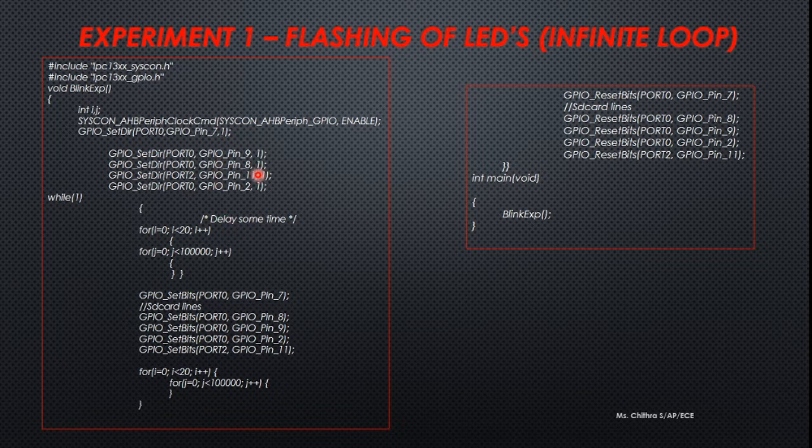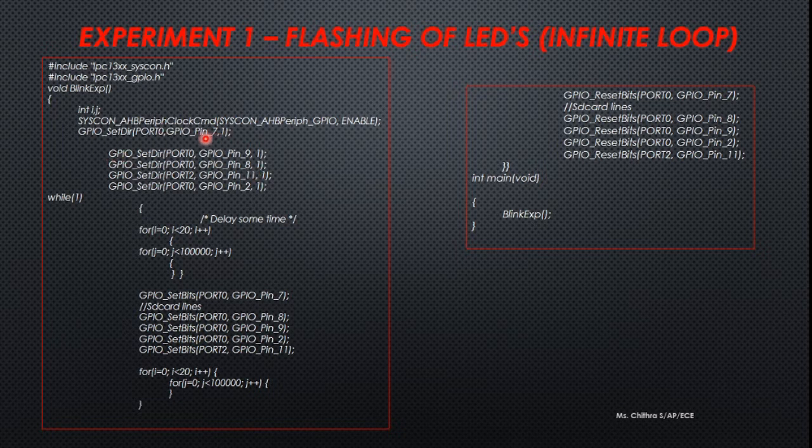If you see the ARM processor board, it has 4 ports: port 0, port 1, port 2, port 3. Under each port we have approximately 12 pins, from pin 0 to pin 11. Sometimes we have 13 pins also, depending on how the board is configured. So there are 4 ports, and in each port there are a number of pins where you can connect many LEDs. We will try connecting 5 LEDs or 4 LEDs.